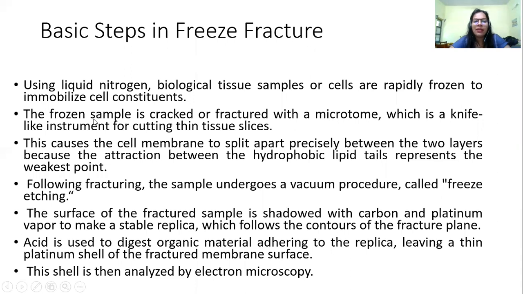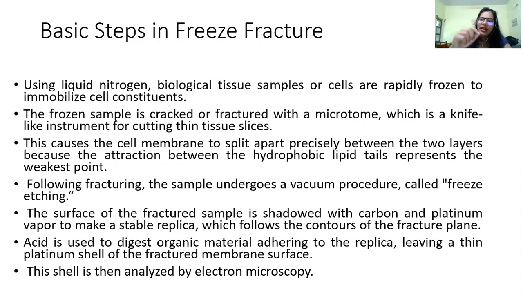Now, once you take the frozen sample, there is something called a microtome. A microtome is a machine where you make very thin slices, very, very thin, in micrometers. Once you have your sample, you make very thin slices using the microtome. Inside the microtome also, the liquid nitrogen temperature is maintained, because if you take a cold substance and bring it to room temperature, it will start melting, right? So you put the sample into the microtome, which is also under frozen conditions.